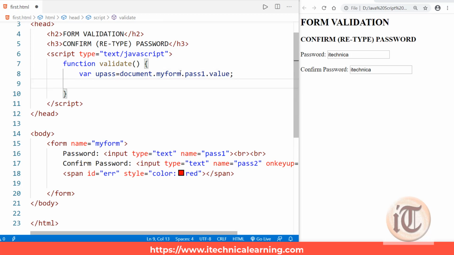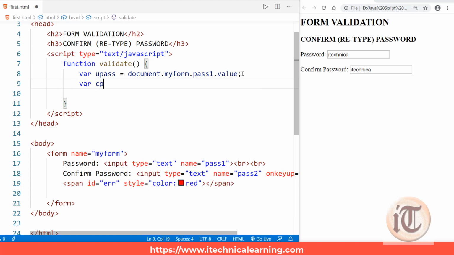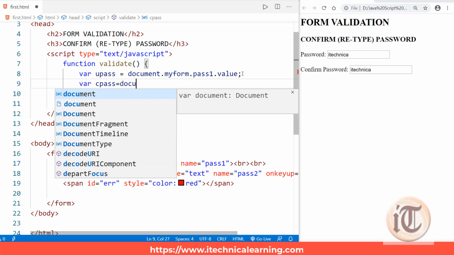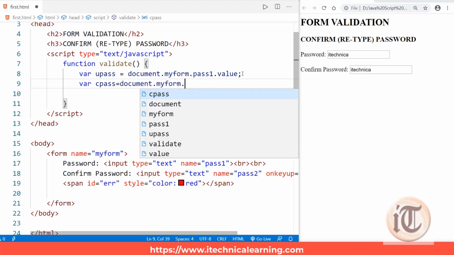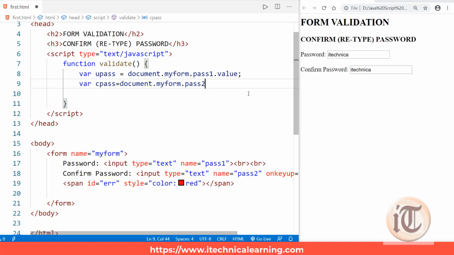Okay, so I have fetched the value of this document which contains myform, and this myform contains this pass1, so I fetched the value inside my local variable, that is upass. Okay, similarly I will say var cpass, that is the confirmation password, equals document.myform.pass2, this is the name of this field, so pass2.value.